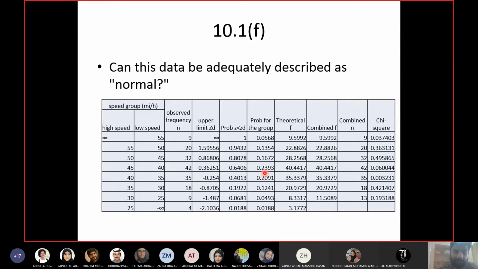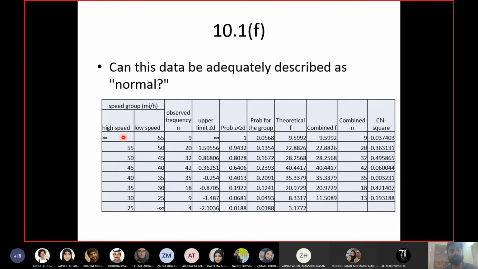More than that. The last thing is, can we describe this data as normal distribution data? So then you have to prepare the chi-square table. So you can see, first of all, I have removed the zero frequency groups. Then the first one is starting from infinity to 55. So the first value was actually 60 to 55. So I replaced 60 with infinity, and the last value of the lowest group with the value was 20 to 25. So 20 is replaced with minus infinity. Okay,